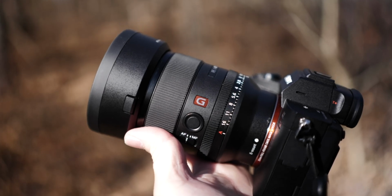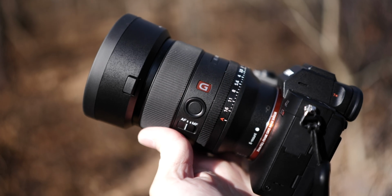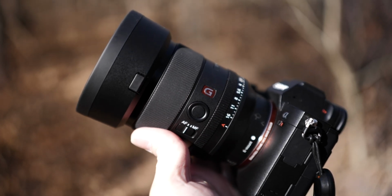Everybody, today I want to talk about the brand new lens from Sony, just announced: the 35mm f1.4 G Master. Yes, we get another G Master from Sony, and the most recent G Master I remember reviewing personally was the